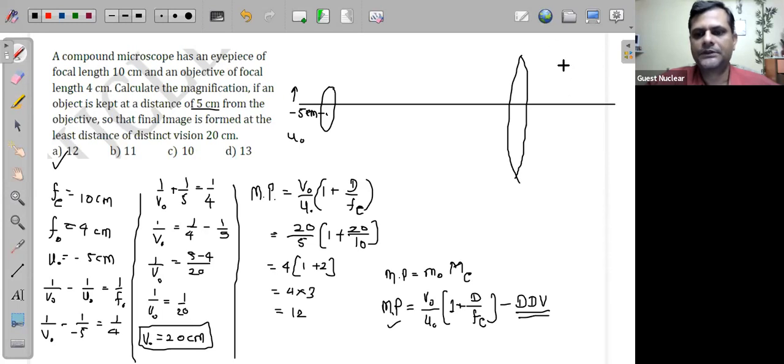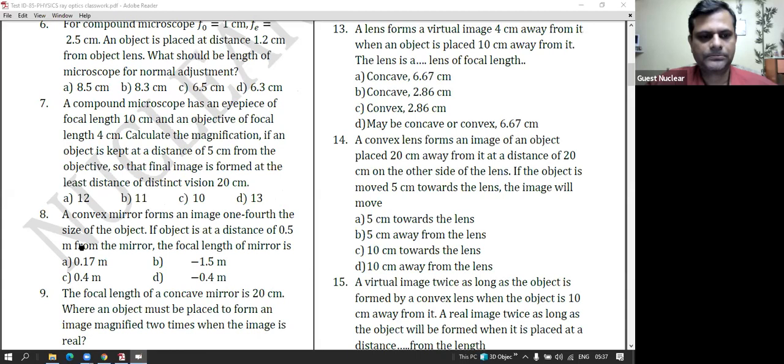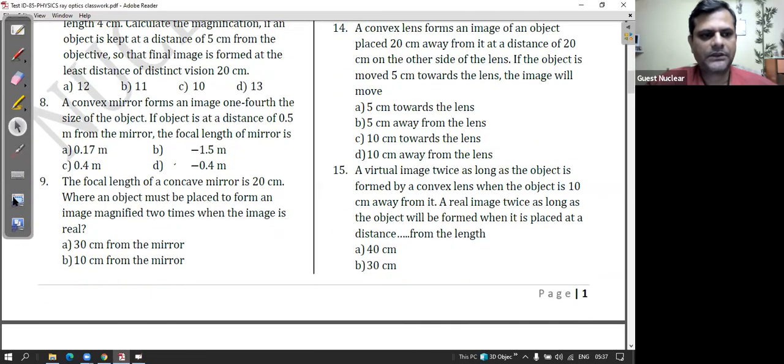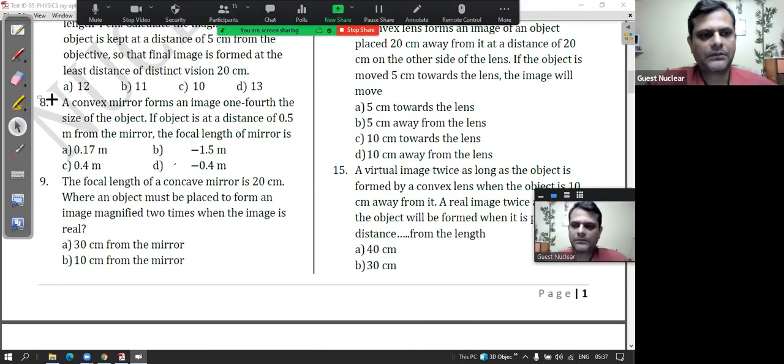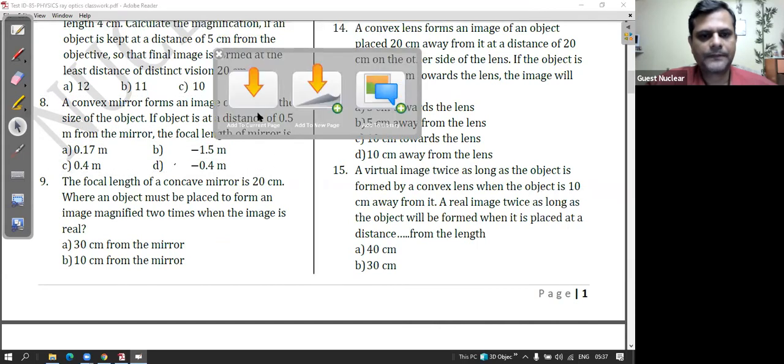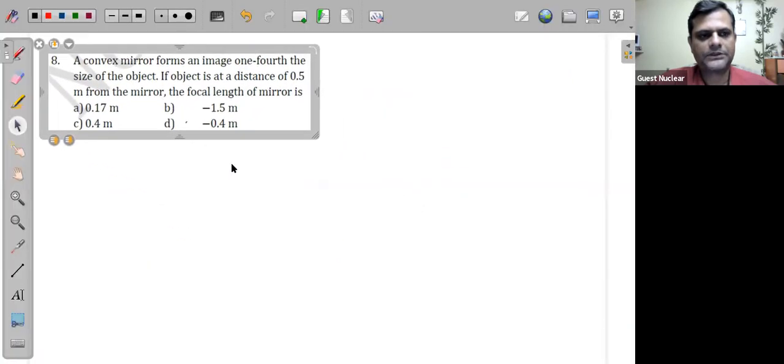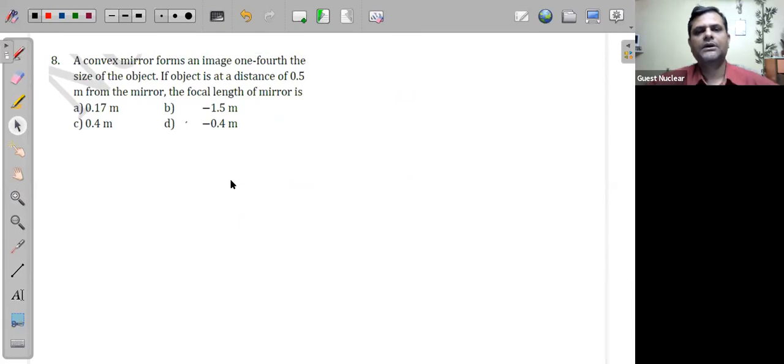Yes, let us see the next question. Eighth one. A convex mirror forms an image which is 1/4 the size of the object. If the object is at a distance of 0.5 meter from the mirror, then the focal length of the mirror is